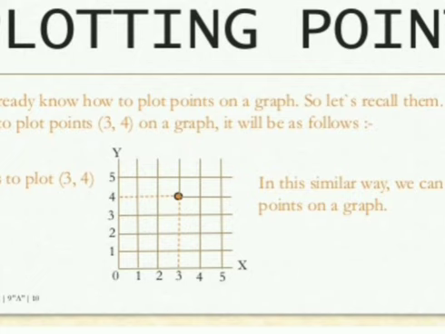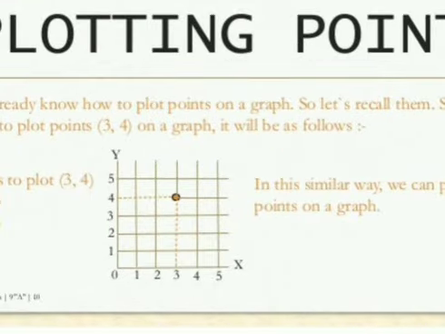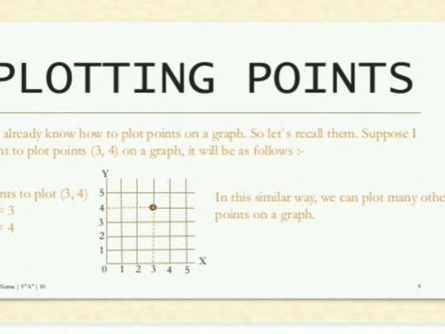You can see that the horizontal axis is taken as the x-axis and the vertical is taken as the y-axis. On x we have indicated point 3 and on y we have indicated point 4, and wherever they meet, that is the point where we get the desired point, isn't it? So like this you should practice plotting graphs. In physics they are very important.